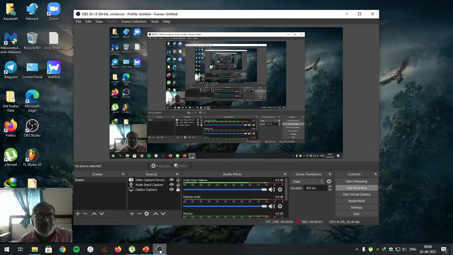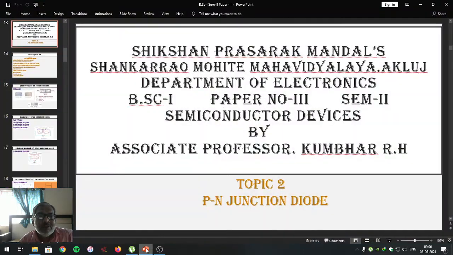Student friends, in yesterday's lecture, we completed P type of semiconductor, and with that we have completed the first topic of your syllabus, that is semiconductor, in which we have studied